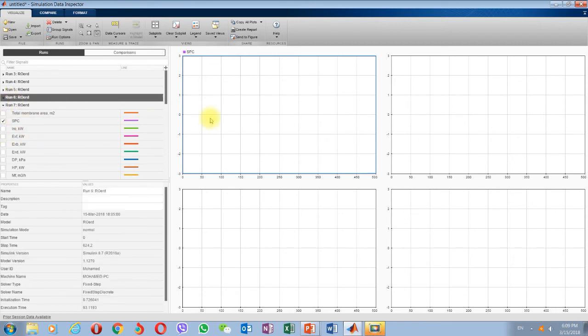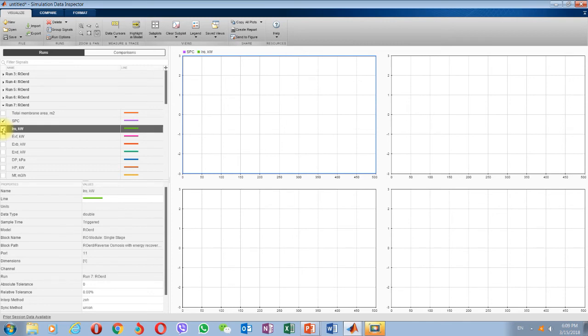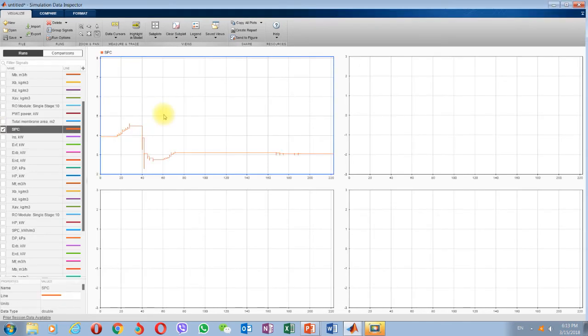I think this one. Okay, for the specific power consumption, we can here watch the effect of increasing or decreasing the salinity,